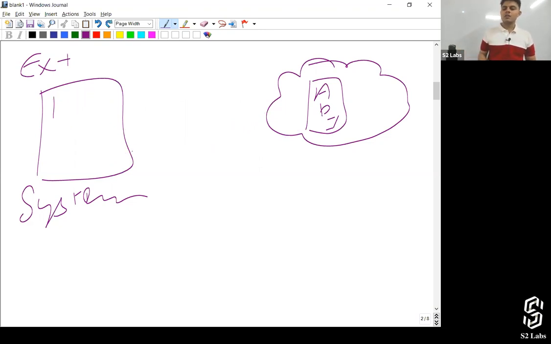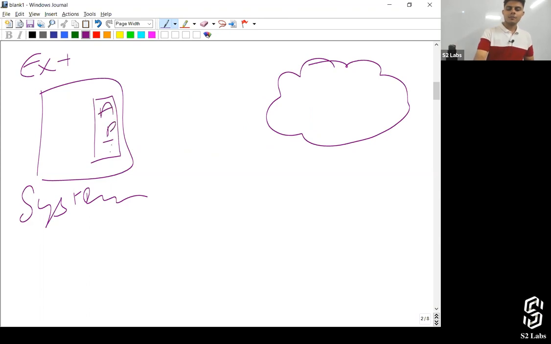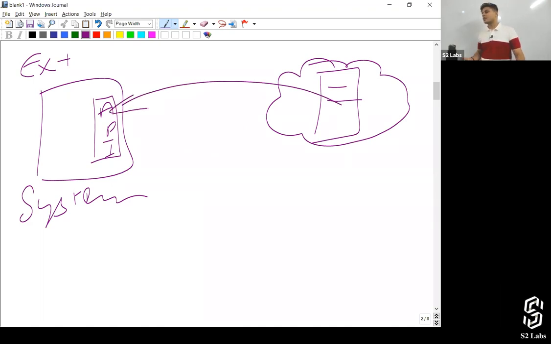Now, this is one thing. If the API is on the external system, then inside Apex, what code can we write so that we can make a callout to this particular API? That's what we call an Apex callout. I think I'll not be able to explain it to you today because I'm not able to stand right now.